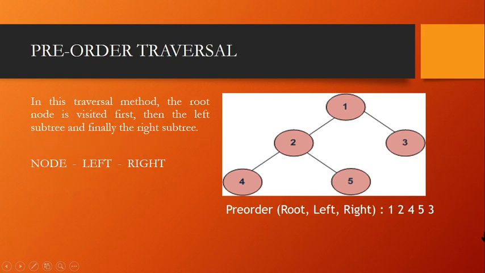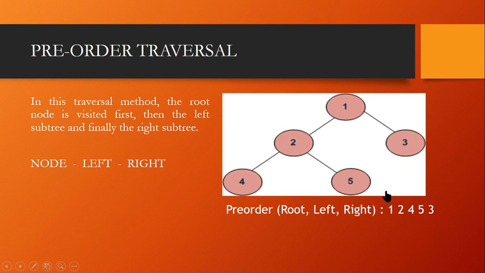And pre-order, we start from root and then go to leftmost and then rightmost. So first one is going to be printed, that's my root node, and then I have to go to the leftmost node. You can see 2, again it's a node, parent node for 4 and 5. So what happens? 2 will be printed. Remember, it's a separate substructure. So in this substructure, you have to look which is the parent and which is the left child and which is the right child. So here this is a parent, so that should be printed, 2, and then go to the leftmost one, we have 4, that will be printed, and then go for the rightmost one, 5 will be printed.